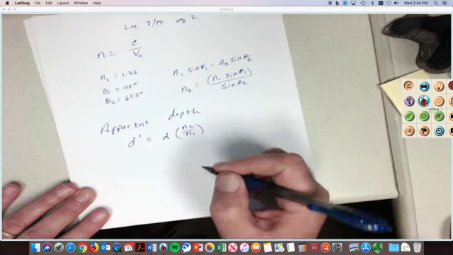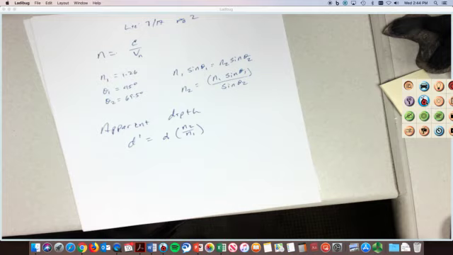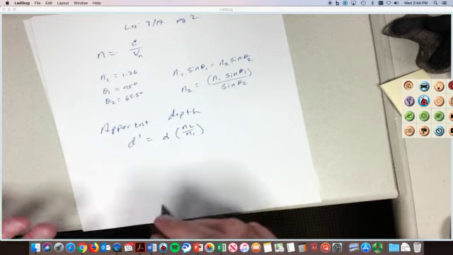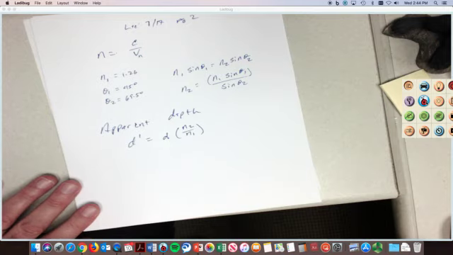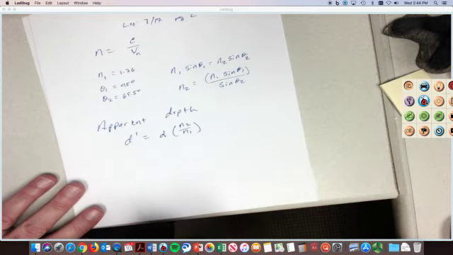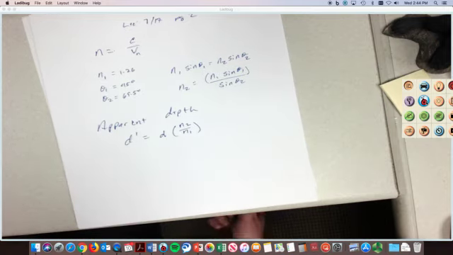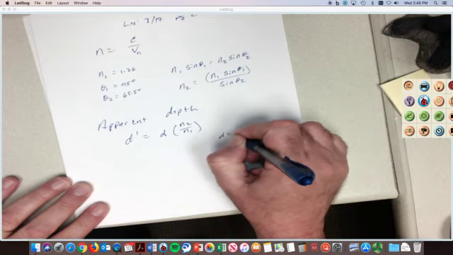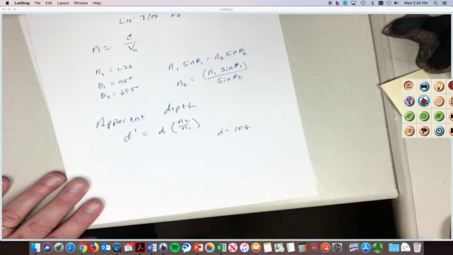This is why, if you're on the diving board and looking at the drain through the water, and it's supposed to be 10 feet, it looks like it's not 10 feet underwater. Well, D is equal to 10 feet, but